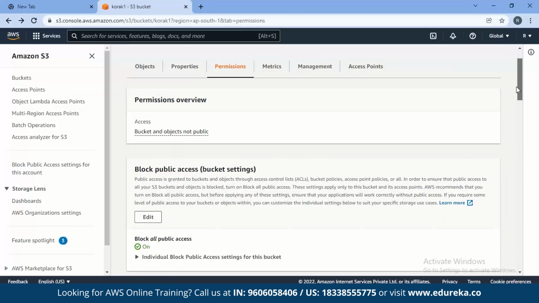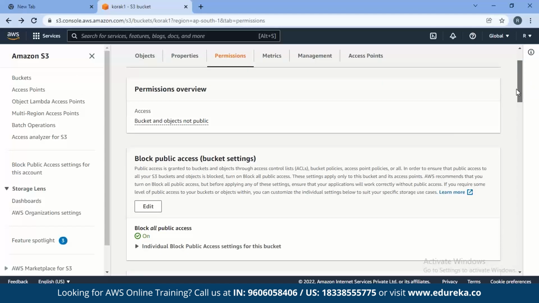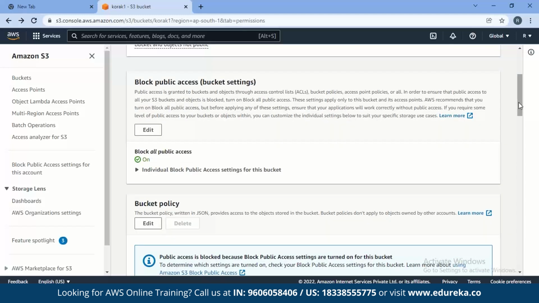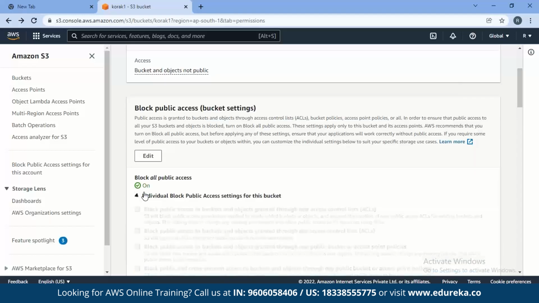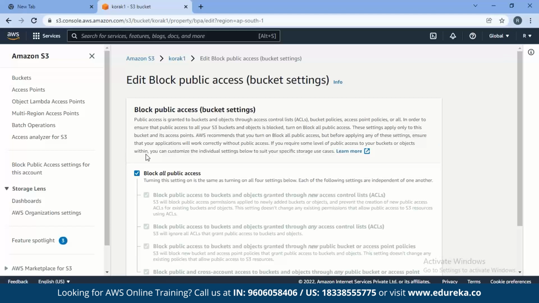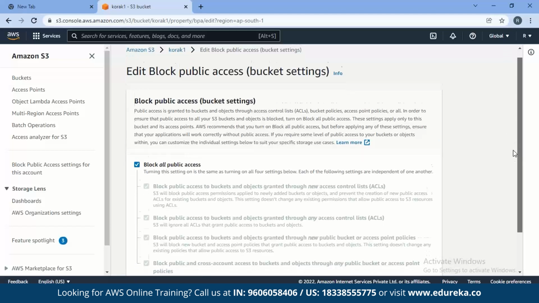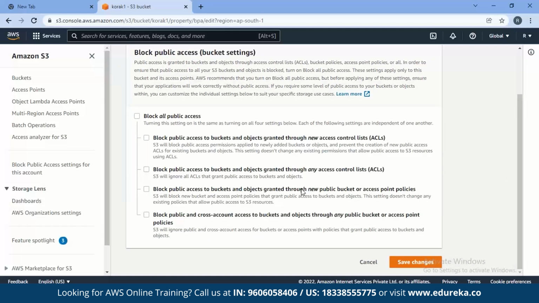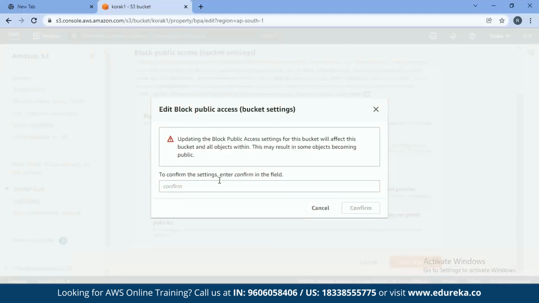So then we come to permissions. Now permissions is something that you use to authenticate users in your system. Users in your system will have to be authenticated before they access any content or data that you have in your bucket. So what you can do here is change public access. The moment you have blocked public access, nobody can access the data in the bucket, and you can edit this. To confirm this, you just have to write confirm,